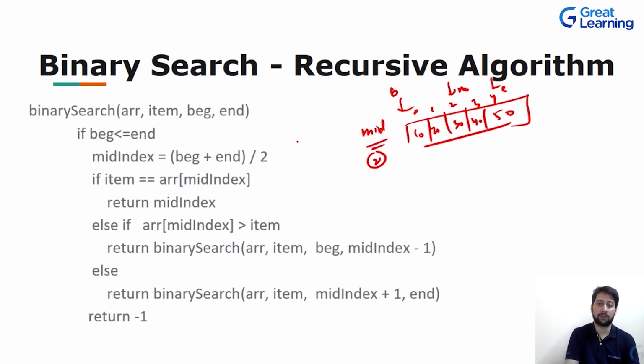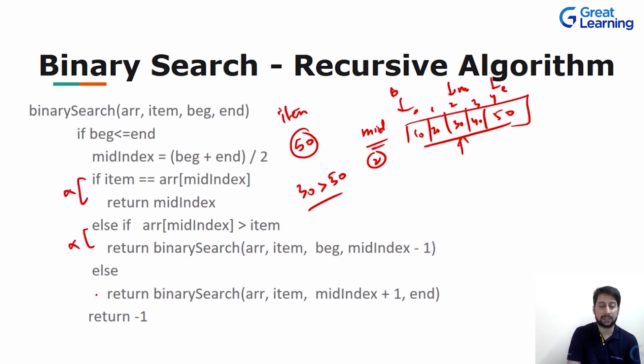So we again check for the 50 that we are looking for, this is our item. Is 30, the middle element, greater than 50? No, it is not in this case, so this will never be executed. This is not executed as well. Now what about the else part? Since this 30 is less than 50, we'll be skipping this part and we will focus on the middle